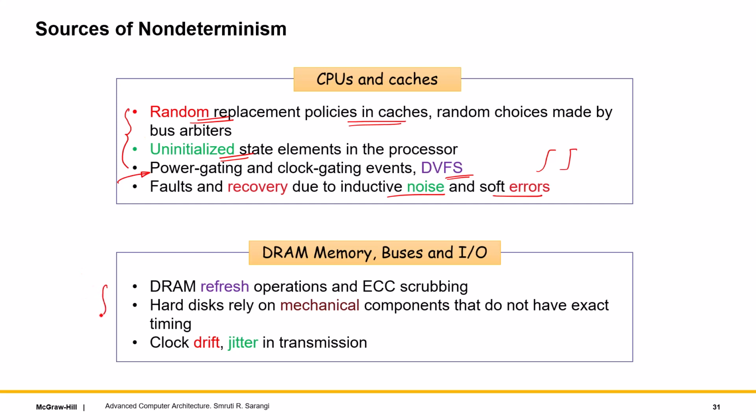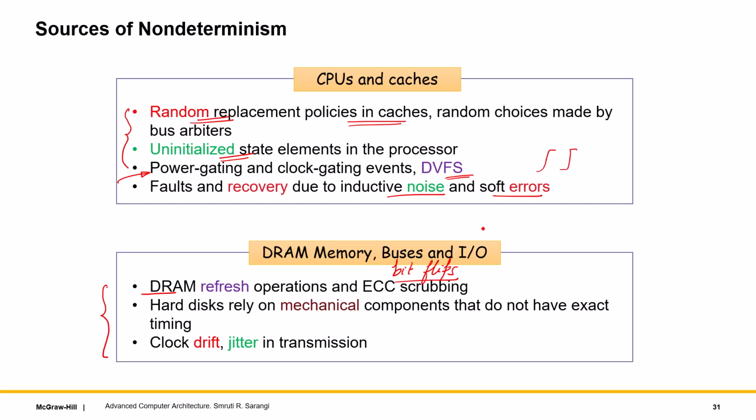Similarly, DRAM, memory, buses, and I/O, well, the same thing. The DRAM refresh is fundamentally an analog operation, and it is dependent upon the DRAM traffic. You want the traffic to cease before doing a refresh and so on. So this can take variable amounts of time, along with the fact that we may have accumulated bit flips. So if you have accumulated them, we will have to then use the ECC bits to correct them. How many bit flips we have accumulated will be a non-deterministic figure, which is why ECC scrubbing will also be